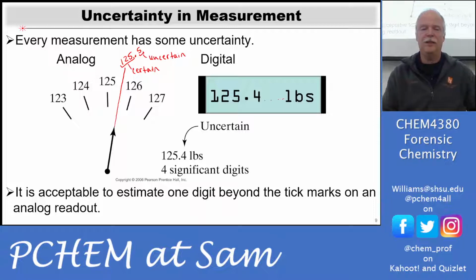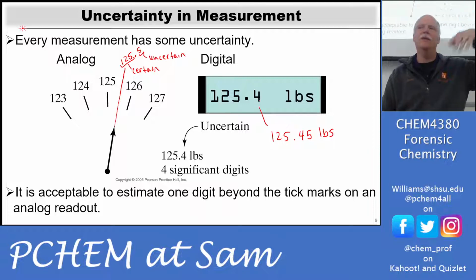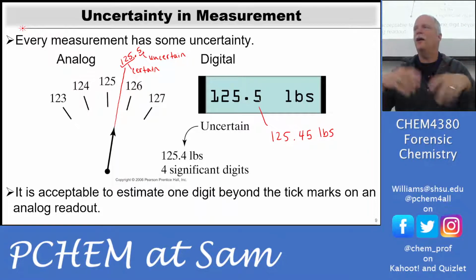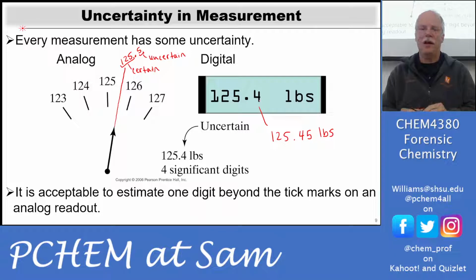Okay. And on this digital balance, we're looking at this, and it keeps going back and forth. It just won't stop, but it is constantly going between 4 and 5, 4 and 5. If it did this for a while, you might even be able to say 125.4, and then it keeps swapping. So you could write that down. Okay. Because it never goes below 0.4. But that's less common that you would see that. A lot of times it just is climbing. Most of the balances, you've got something that's absorbing water and it's just climbing and it won't stop.